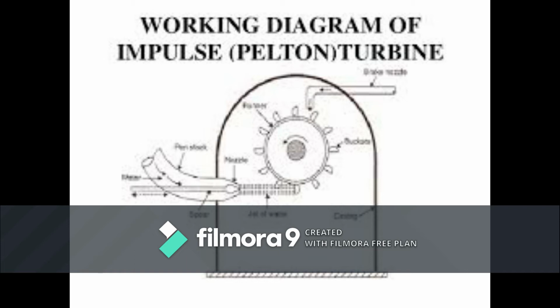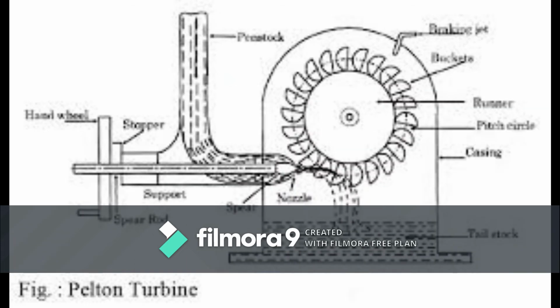So the construction of the impulse or Pelton wheel goes like this. A casing onto which the turbine is placed. There's a nozzle and a spearhead, and the main important part is the brake drum. The tail race is the collection of water back into the reservoir. So what is the use of the casing? When the water from the nozzle strikes the blade, it gets sprinkled. So in order to avoid danger and for prevention, this turbine is placed in a casing.